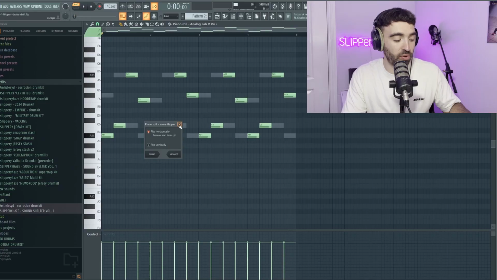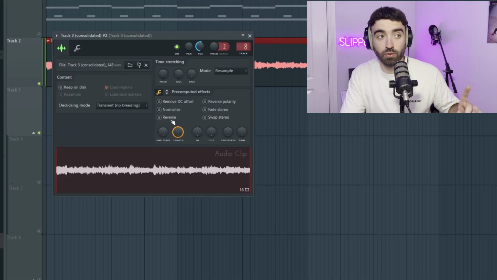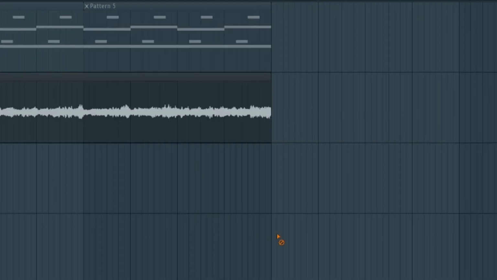What I'm actually going to do, press Alt and Y and flip this melody backwards. We are then going to consolidate it. I'm going to click reverse and add some crystallizer onto the melody, which then gives us...